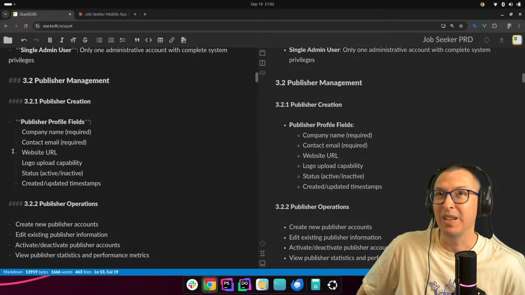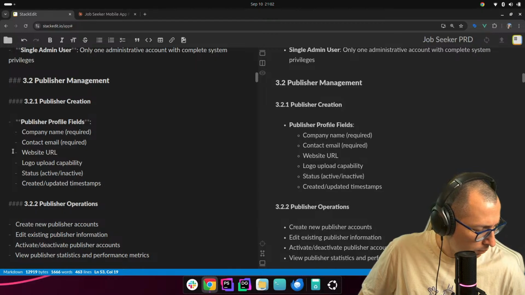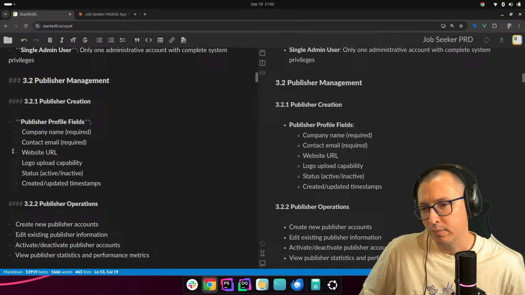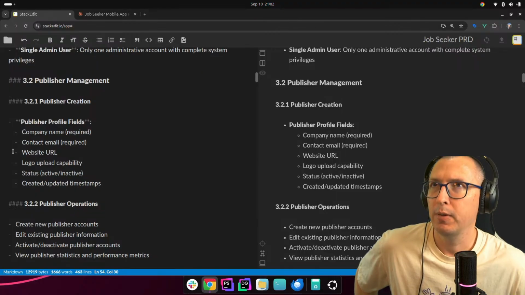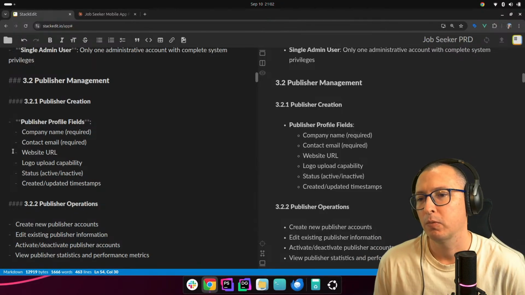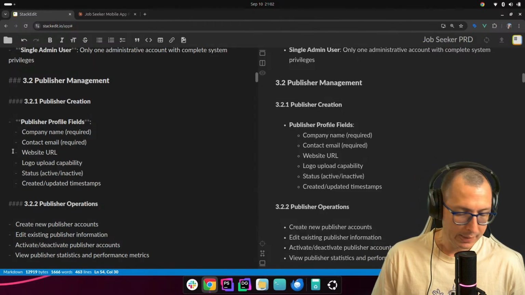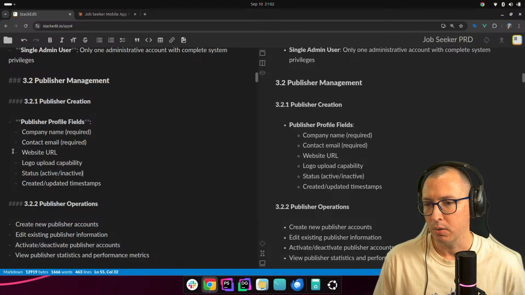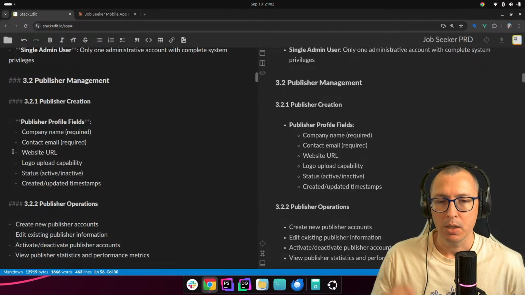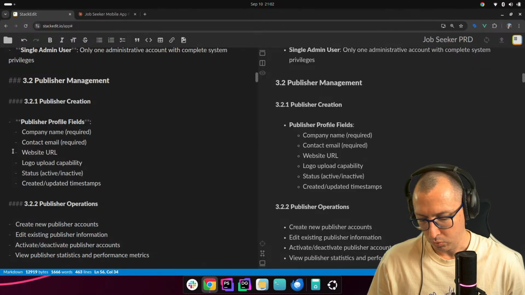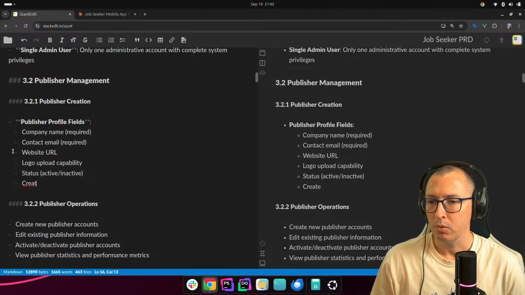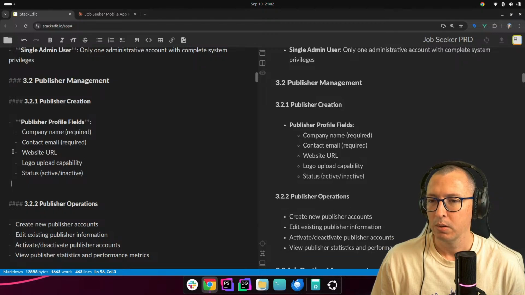Logo upload capability, I don't know. Maybe let's leave it there, just because Filament makes it very easy to have file uploads, but we will assess if it is too much of a thing later on. Status, that's useful. Created and updated timestamps, I don't need to include that here, that is already pre-built in Laravel.